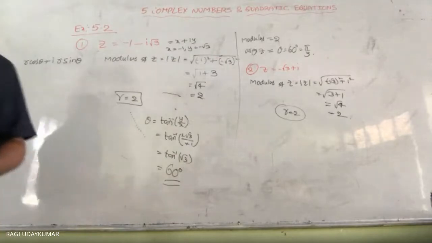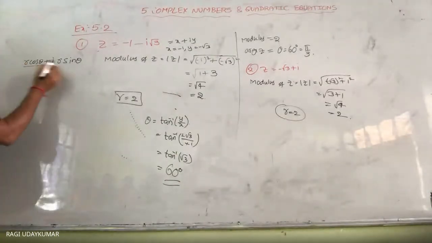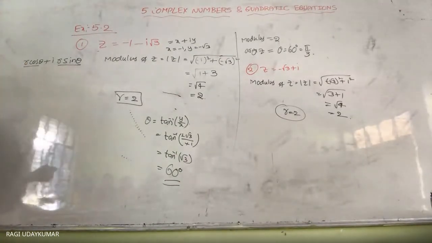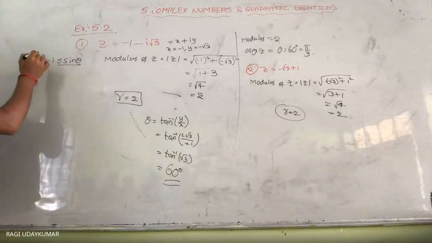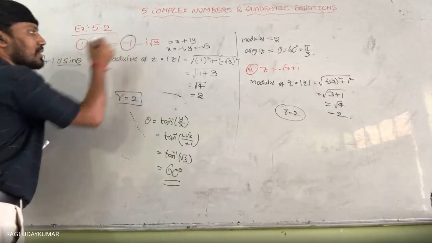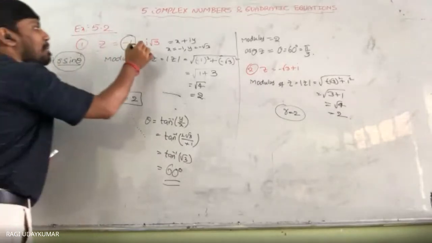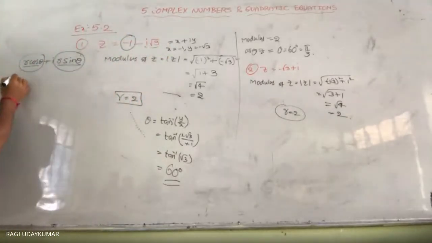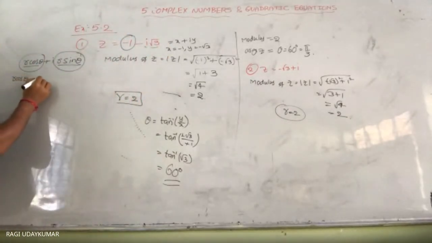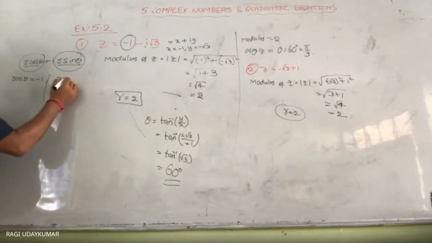Why I am explaining to you very clearly: see, r cos theta plus i into r sin theta. So r cos theta will be minus 1, right? And r sin theta will be minus root 3. So r cos theta is minus 1, r sin theta is